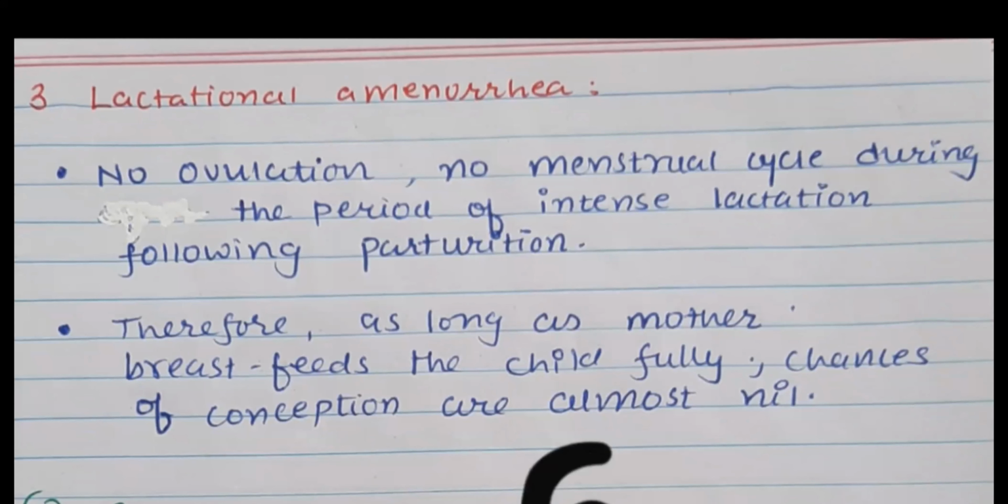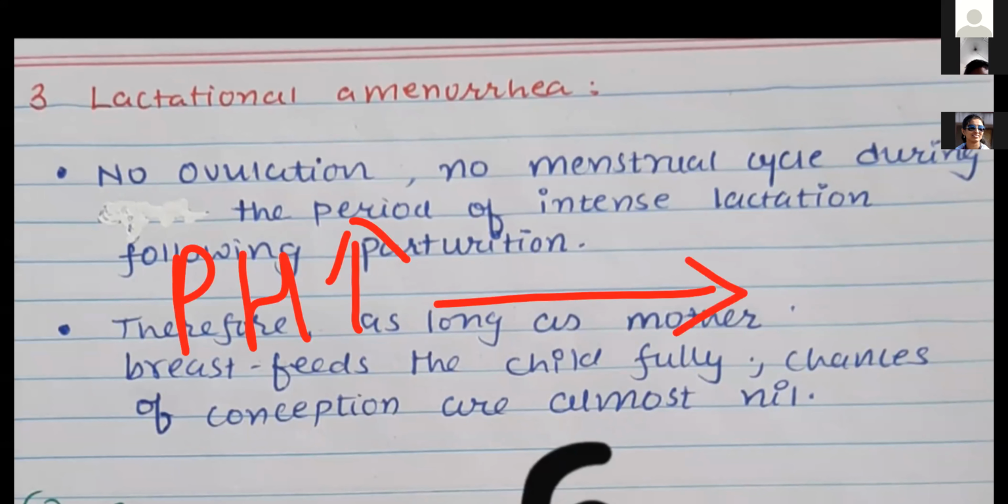So this prolactin hormone level is high at that time during breastfeeding, because enough milk should be formed in the breast to feed the newborn baby. So the prolactin hormone level is very high at that time, and that gives a negative impact on